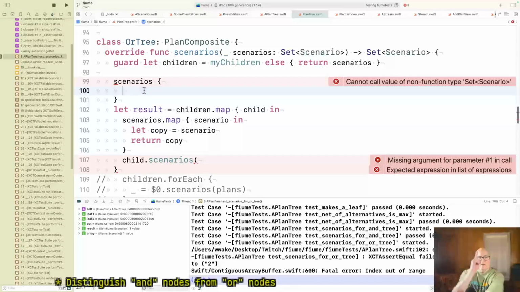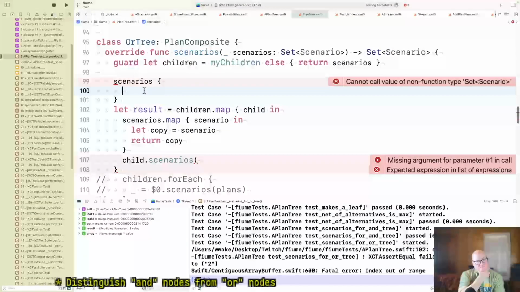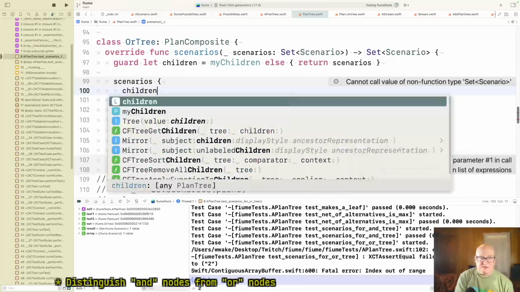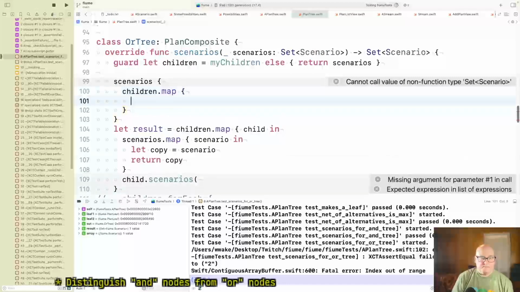All right. And what's going to happen is we've got one scenario, and I want to make n copies of it. Let's say I have 5 children. I want to make 5 copies of it, and apply it to each child to each copy. Okay, so if I do children.map, I'm going to go the other way around. I'm going to map each child to, all right, given children scenarios.